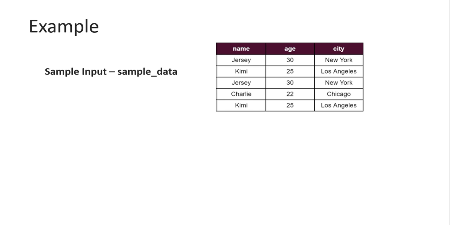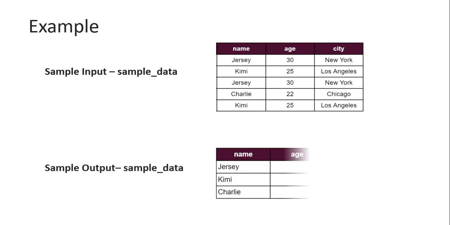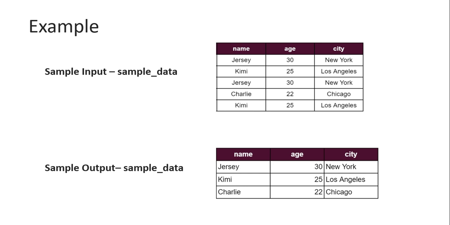the city Los Angeles. So, we would like to remove the duplicates in our sample output table. This is how our sample output table would look. It will have the 3 columns, just like the sample input table, and the duplicates will be removed. Now we will write the SQL query in MySQL Workbench using the methods that we already discussed earlier, and then we will understand it in a better way.